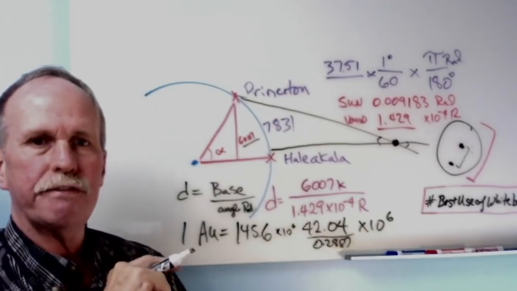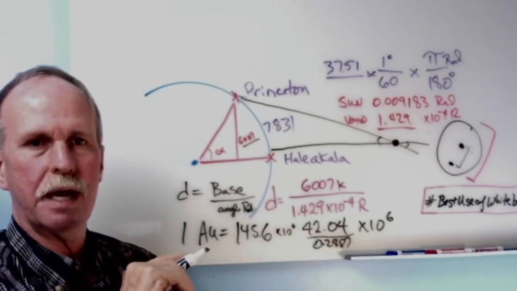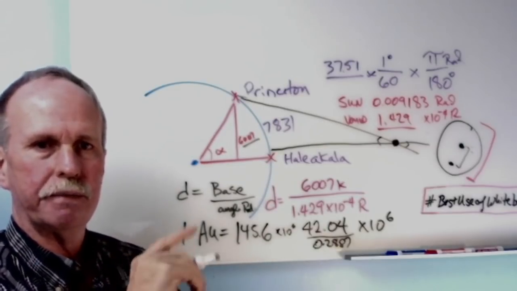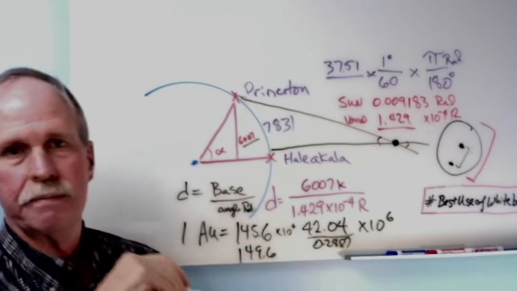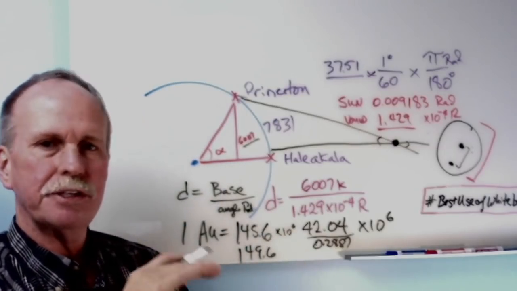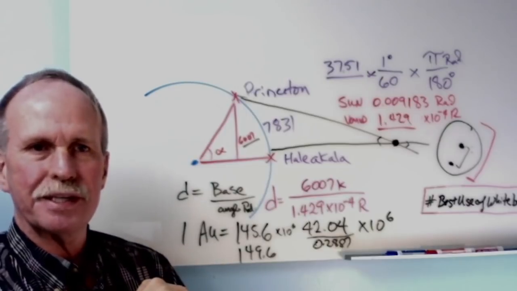145.6 times 10 to the 6th. So 145.6 million kilometers is 1 astronomical unit. The correct number is 149.6. You know, that is pretty close for 2 guys taking a picture of the transit of Venus, one in